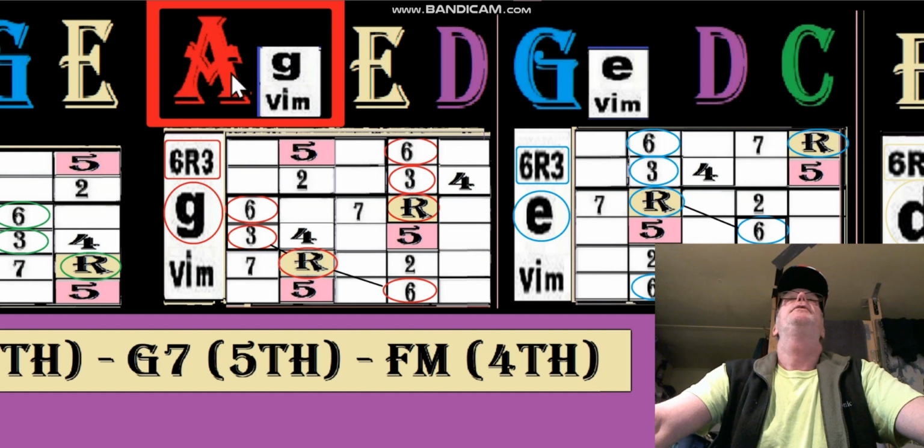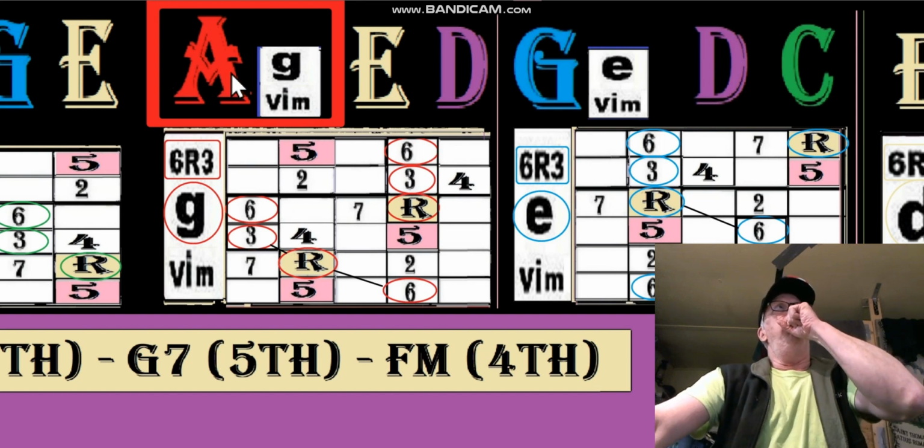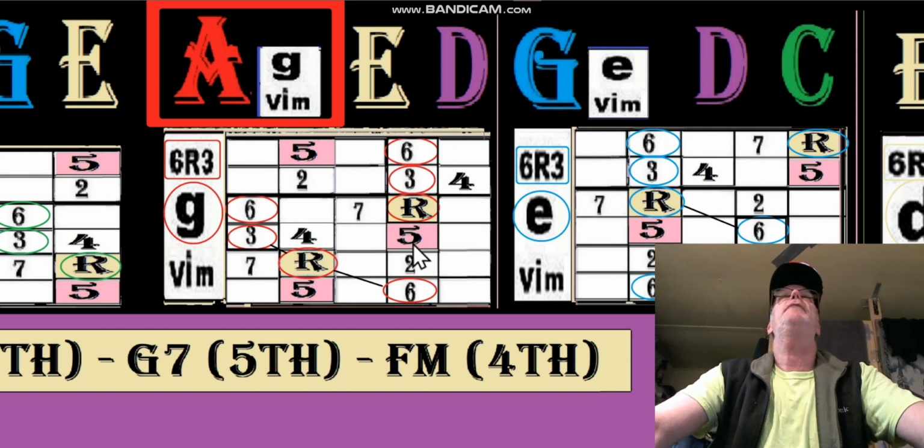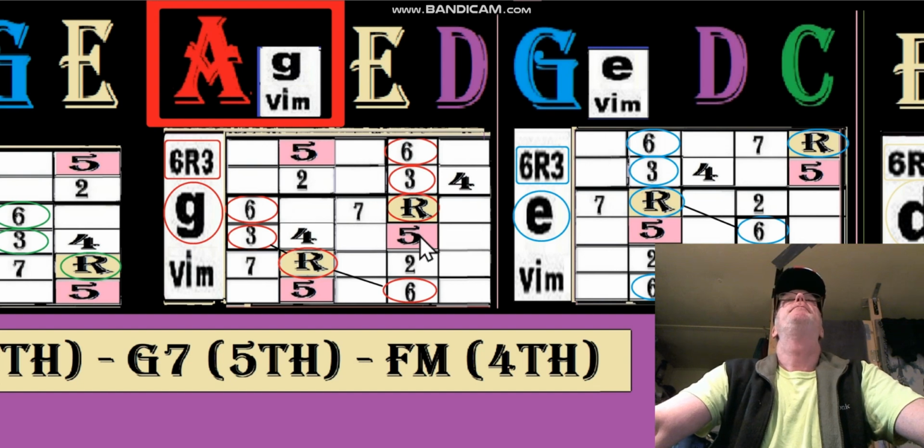So with the A shape here, we have the same situation. We have an A shape root here, and then the relative minor 6 is the G, so that would be the A minor in the key of C, and that arpeggio fits into this, and we're going to play that in a second. This arpeggio fits into the A shape. It's important